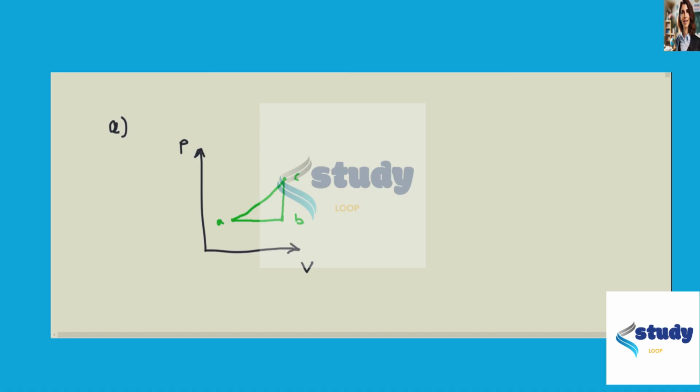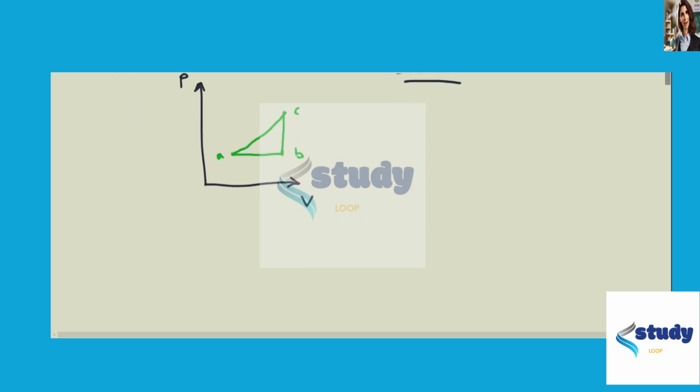And one thing to note here is that since the starting and the ending point are the same point, the internal energy change will be equal to 0. So it is always equal to 0 for the cyclic processes. This is an important thing to notice. But there will be a change in temperature. And this change in temperature will be useful for the part B of the problem. So for the part A, we have solved the part A. The part A was to draw the PV diagram, and the corresponding PV diagram is drawn right here. Now for the part B of the process,